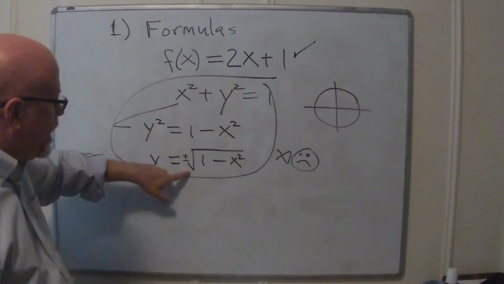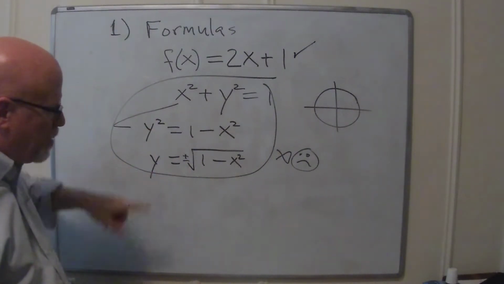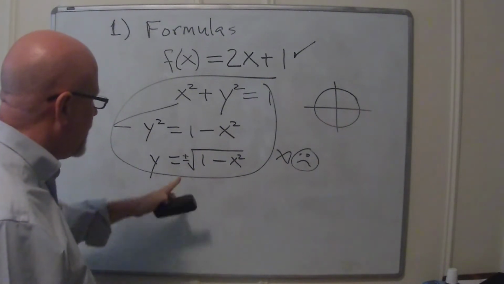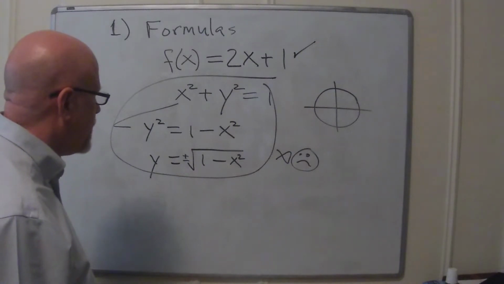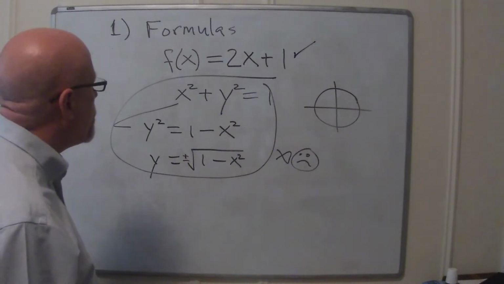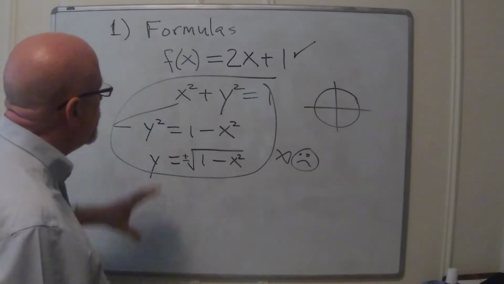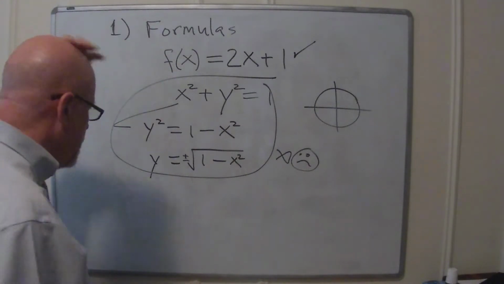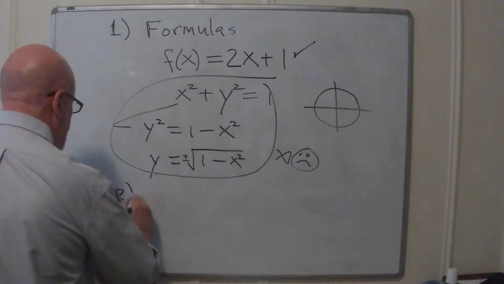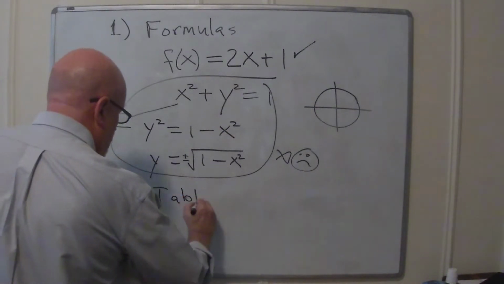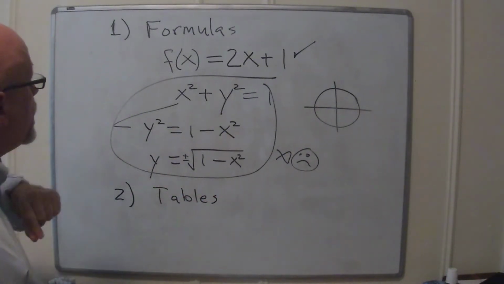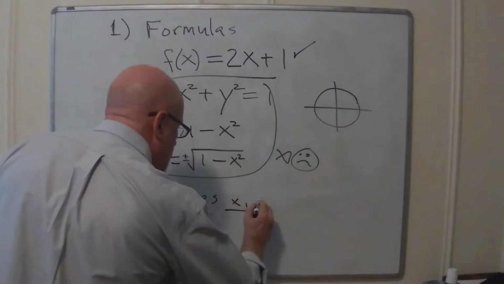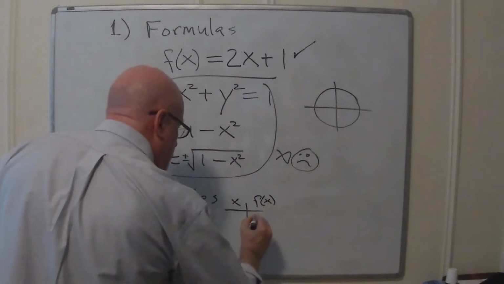So if you end up taking square roots in the process of solving for y, then odds are you will not have a function. There's a few other phenomena that can happen where somehow uncertainty creeps in because of the operation we're using. Okay, so that was a little discussion of how you know things are functions in terms of formulas. What if it was given as a table? I could actually present the same exact function as a table. I could say, here's x values, and here's the corresponding f of x values.